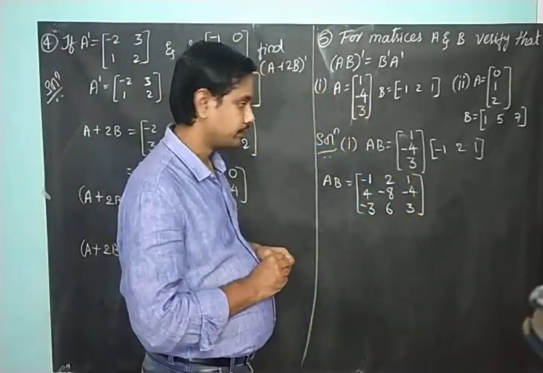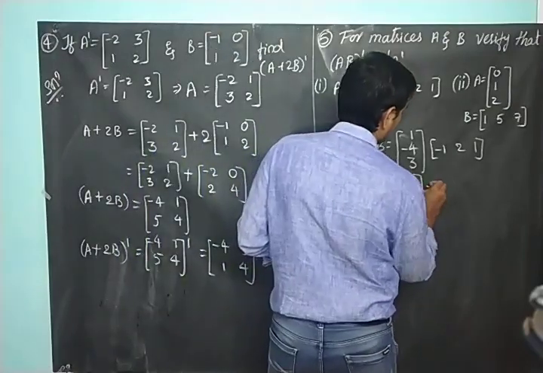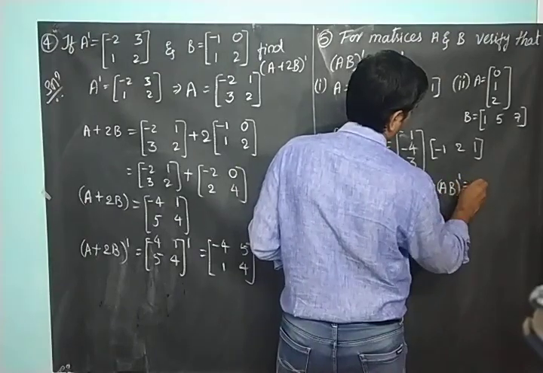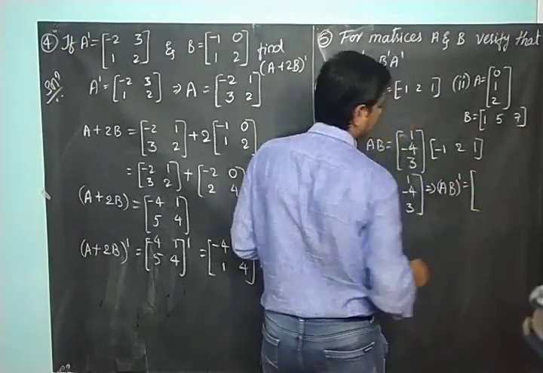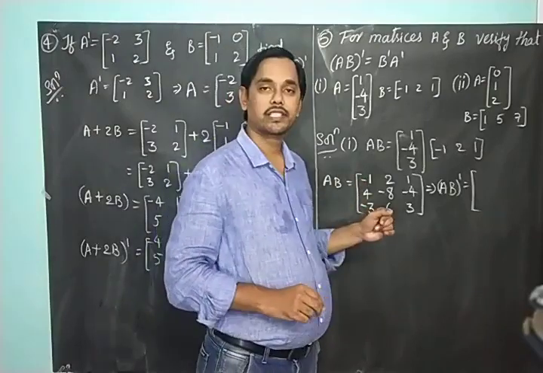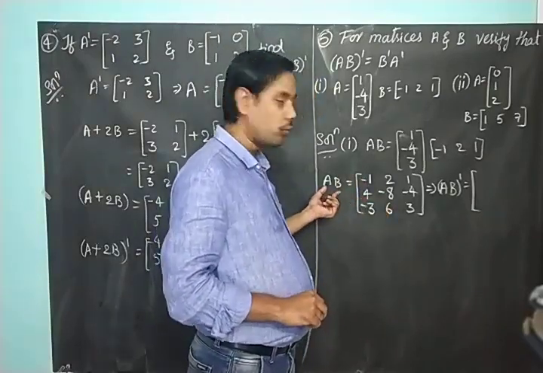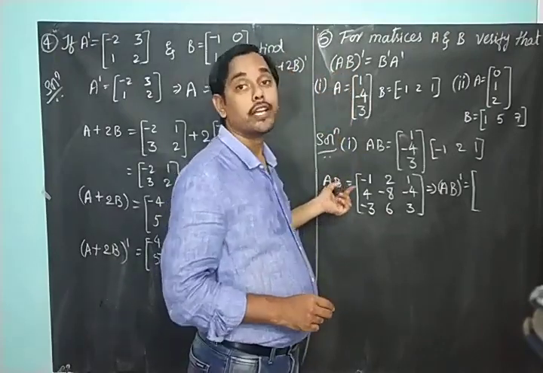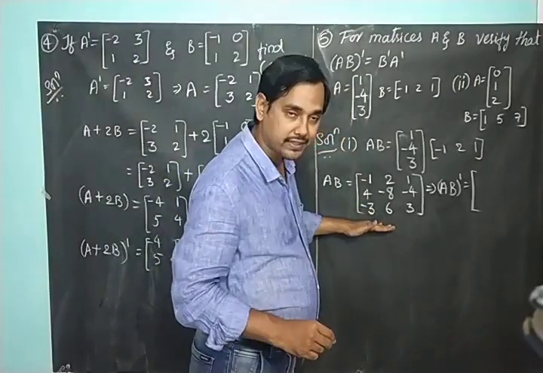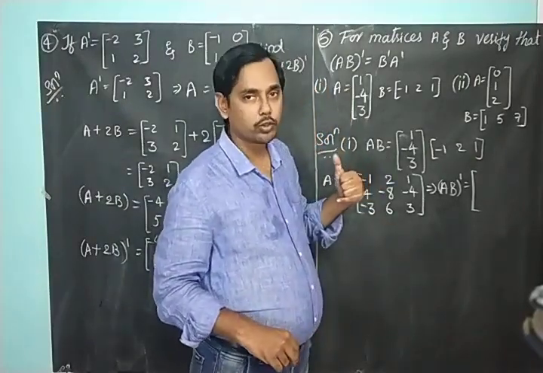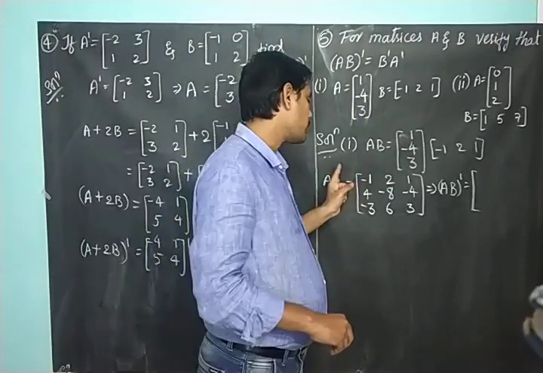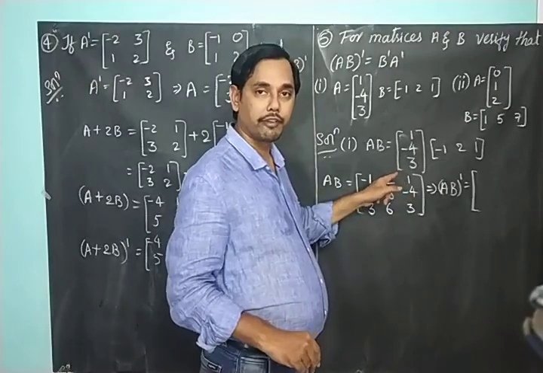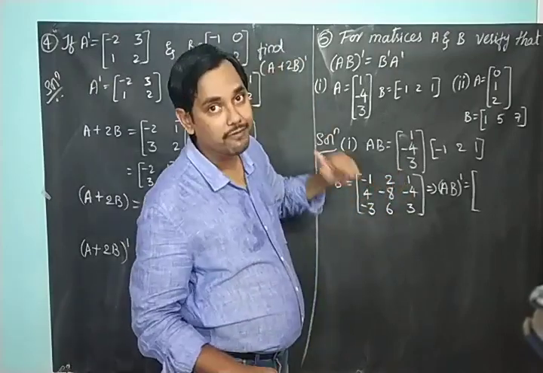A into B, right? What will be A into B dash? So rows should be expressed as columns. What is A into B whole dash? That is what we need in the LHS part. So A into B whole dash means the transpose of this matrix. Transpose means interchanging rows and columns. So let us write the first row as the first column. Minus 1, 2 and 1, that is what we have in the first row. So let us write it as the first column.